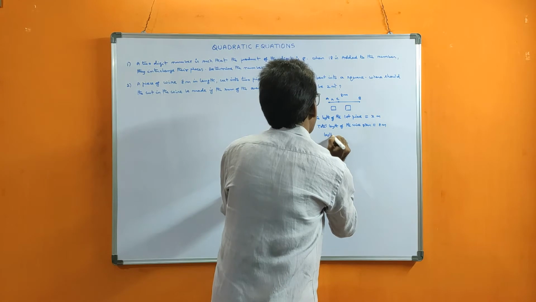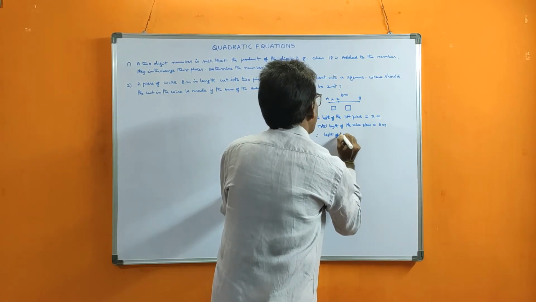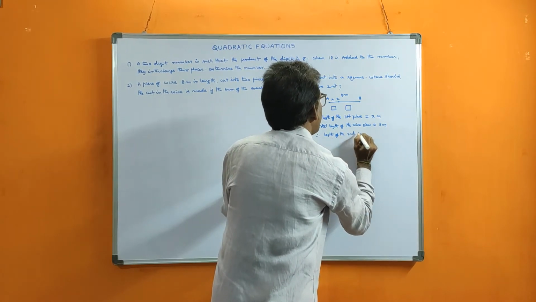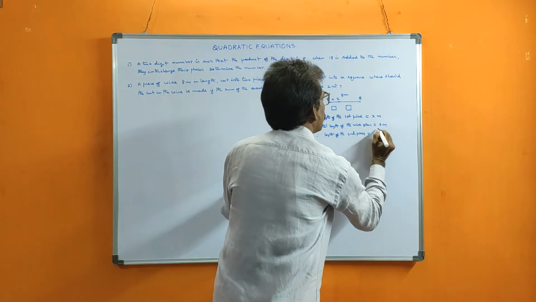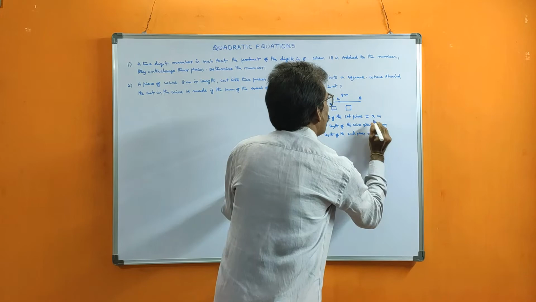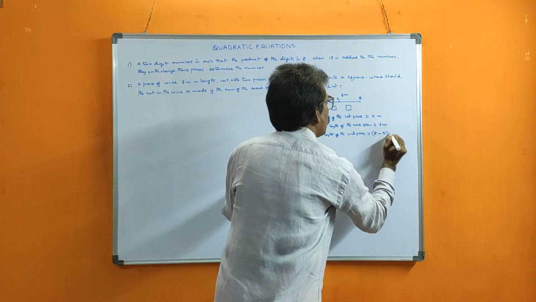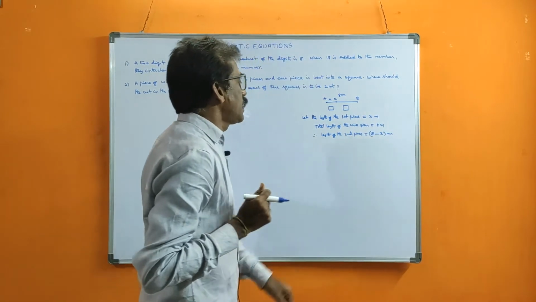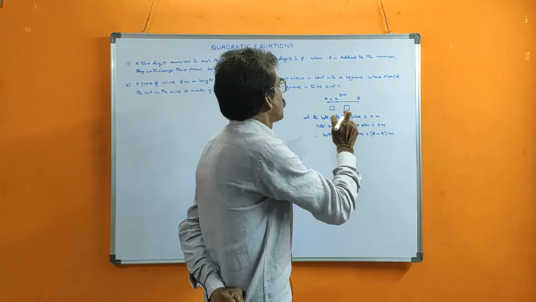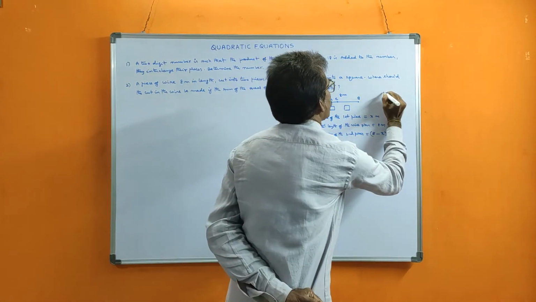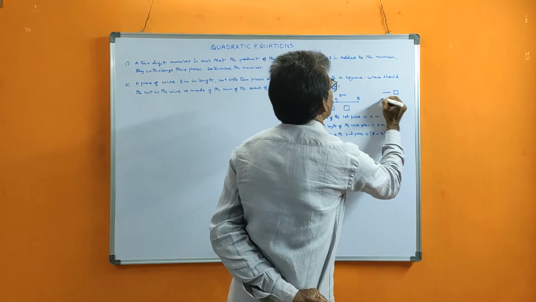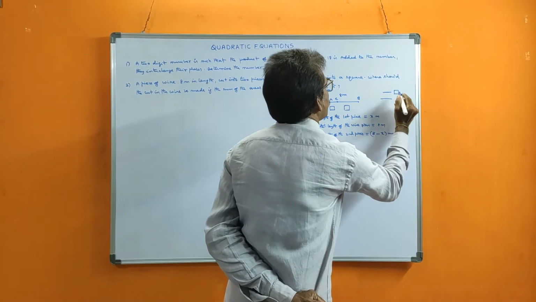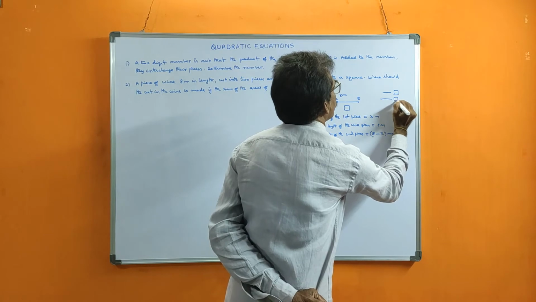Therefore length of the second piece, 2 pieces we should cut. So first piece, second piece length, total is 8 minus, in that first piece length is x, so you reduce that one. This is length of the second piece. Now you should remember this piece I am taking first piece, I am bending it into square. Next piece, this also I am bending into square.